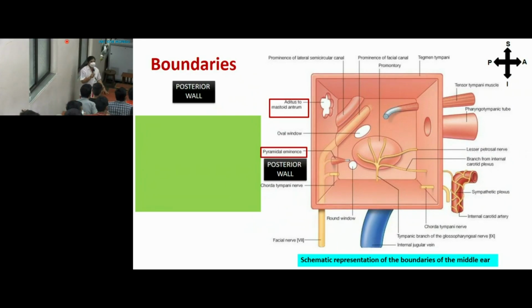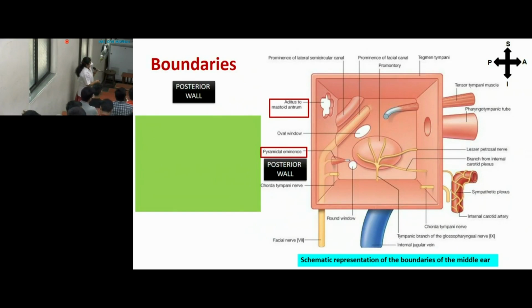Facial nerve, as it passes in relation to middle ear, is related to two walls of middle ear. Initially along medial wall and then along posterior wall. The part related to medial wall is horizontal. The part related to posterior wall is vertical. Okay, so here we can see the vertical part of the facial nerve running within bony canal. It is not exposed to middle ear cavity. There is bony canal covering this facial nerve.